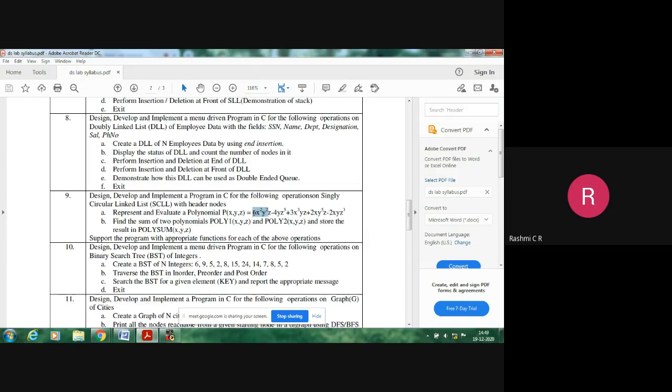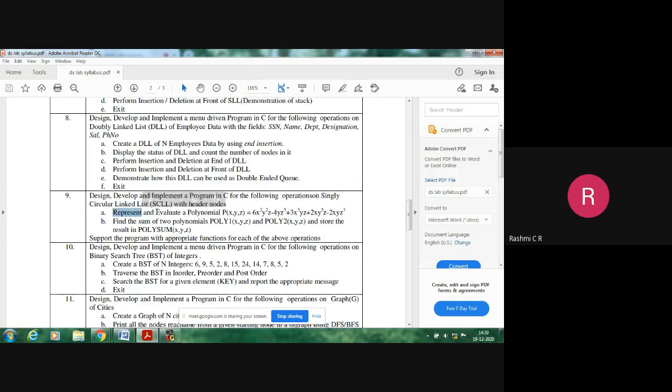Likewise, you have to give input in your program, that is 6x squared y squared z minus 4y, something like that, where we'll be having three variables. You already know that a polynomial will have a coefficient and exponent terms. So we have to represent that using a singly linked list with a circular list concept. That is the first operation.